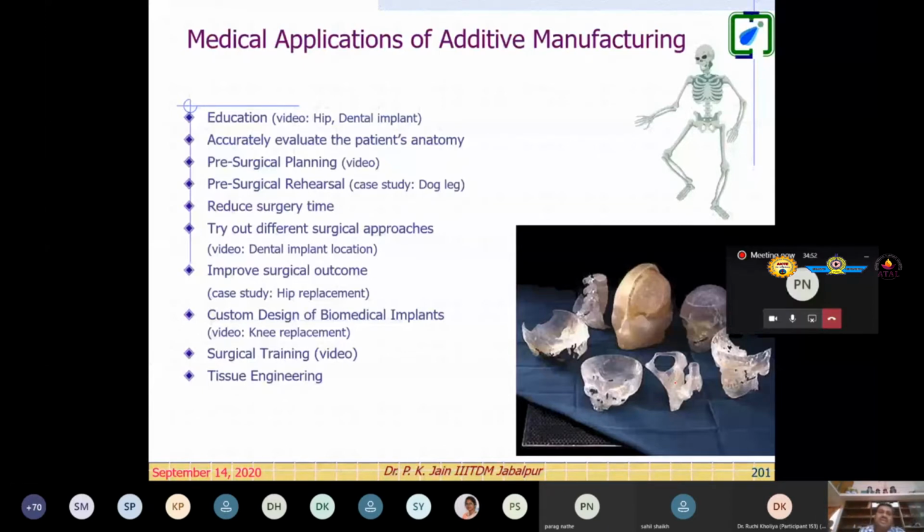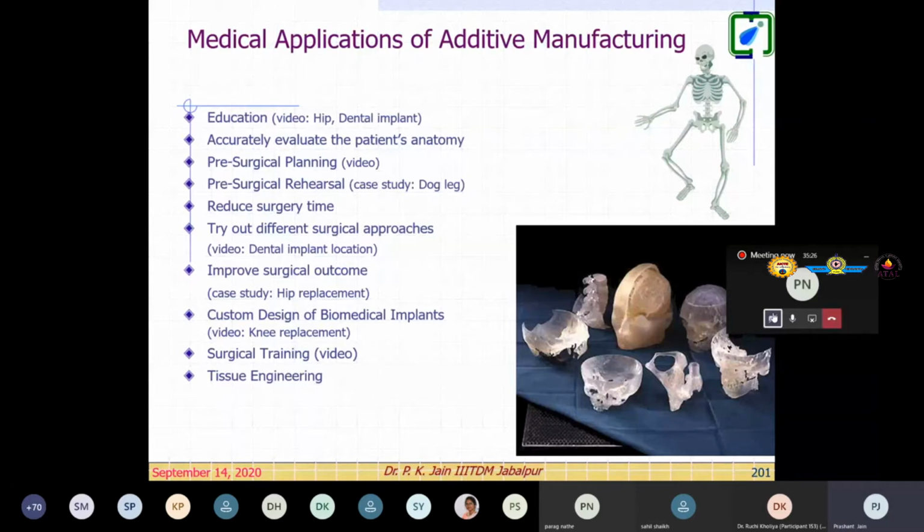For example, educational video, hip and dental implants, accurate evaluation of the patient's anatomy, pre-surgical planning, reduced surgery time, trying out different surgical approaches, improved surgical outcomes, custom design of biomedical implants, many trainings, and tissue engineering. I'm going to share just a very small portion of it at this moment.